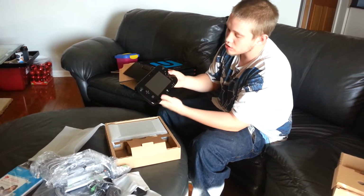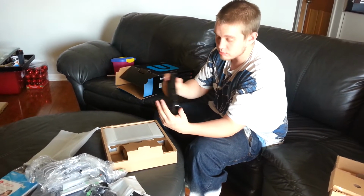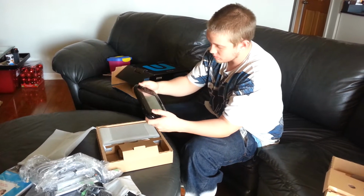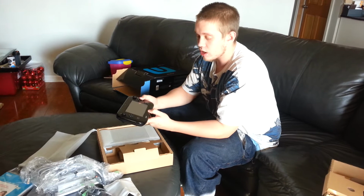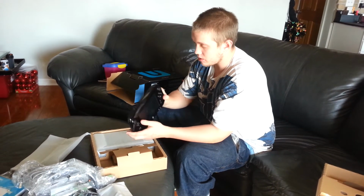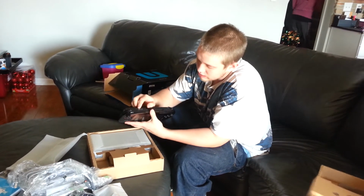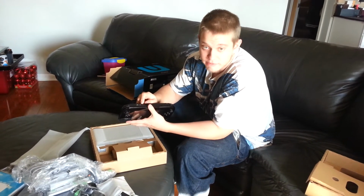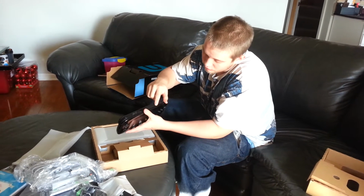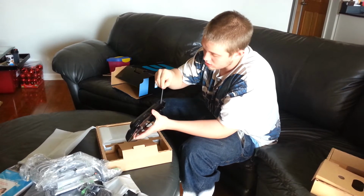It's similar to an iPad, I think, but it's a little smaller. It is very lightweight, completely lightweight. I don't feel like you would get tired of holding this after a few hours of gameplay. As you can see, it's got the AC adapter charging, your headphone jack for online play, your volume for your controller, your stylus,